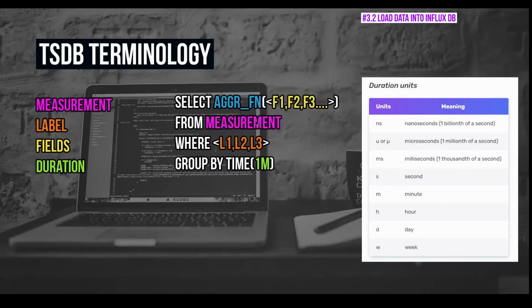Before we start writing the queries, I just want to quickly refer back to a slide that we saw earlier to understand the structure of a query. It's going to look very similar to SQL, where you have select from a table and you can have a where clause and group by clause. So we select and we pass some kind of aggregation or transformation function, and we pass the field names to that function, and we take the data from a measurement instead of table. And if we want to narrow down the query, we use a where clause and specify the different labels, and we can group by a time period, be it 1 minute or 1 day, or all the different time periods. We could also use labels to group the data, but we cannot group by field names.